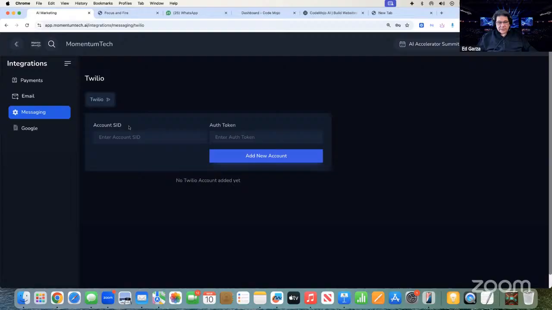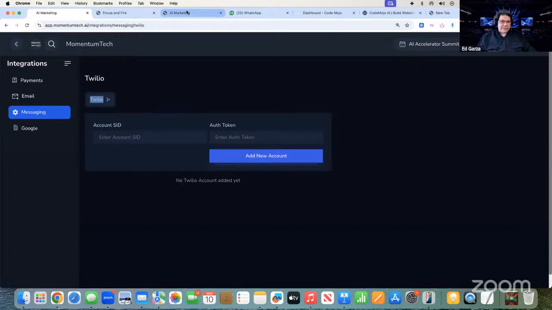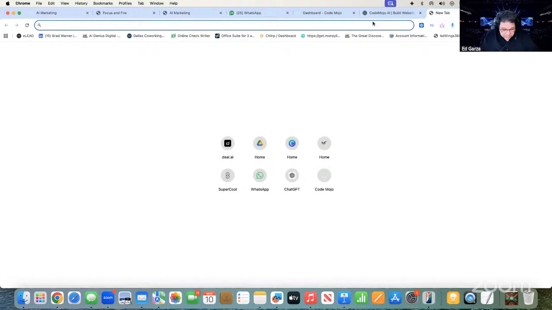Messaging, you just got to set up an account with Twilio. So you just got to go to Twilio here. You just click on Twilio. See, I don't think it goes there. See here. Open link in the tab. I don't think that works. So you just got to go to Twilio.com. So let's just put that in the link here.